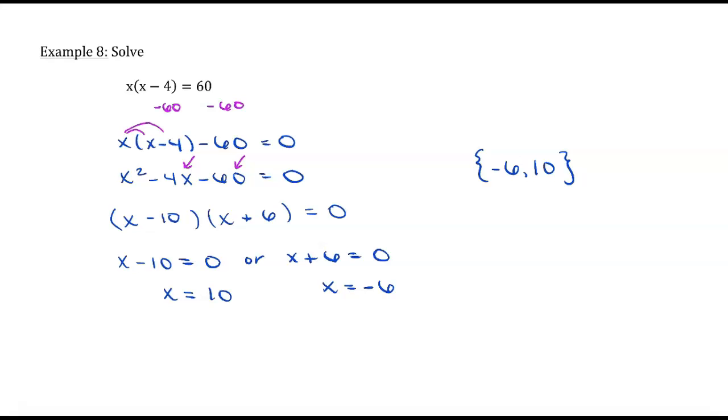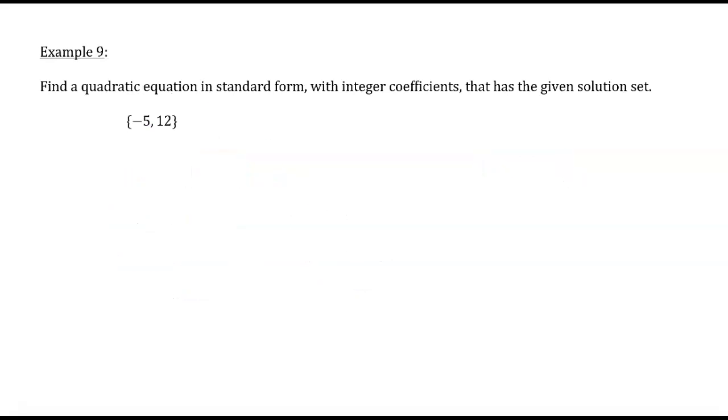Let's take a look at our last example. Example 9 asks the question the other way around. This time we're going to find a quadratic equation in standard form with integer coefficients that have this as the solution set, negative 5 and 12. So we want x equal to negative 5 to be one of our solutions and x equal to 12 to